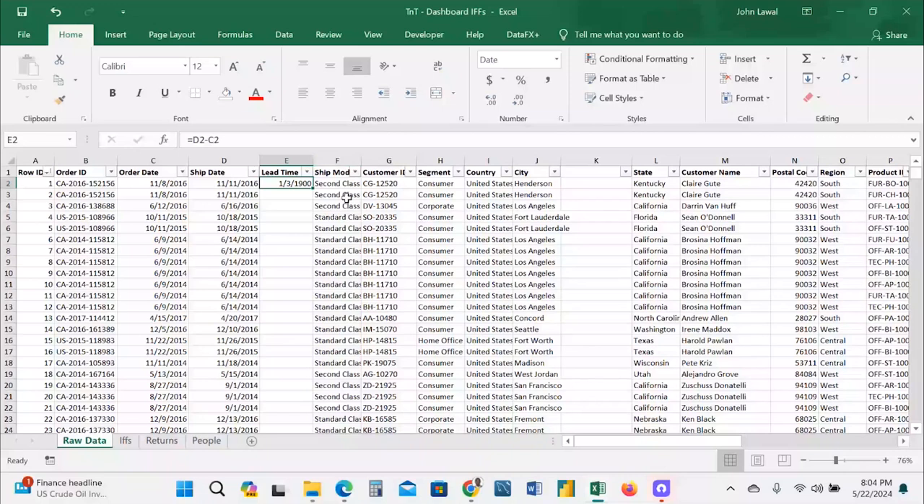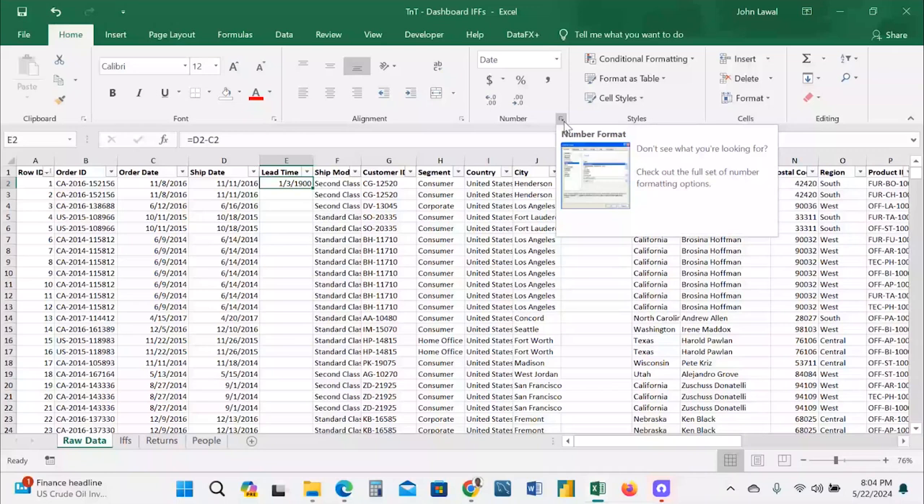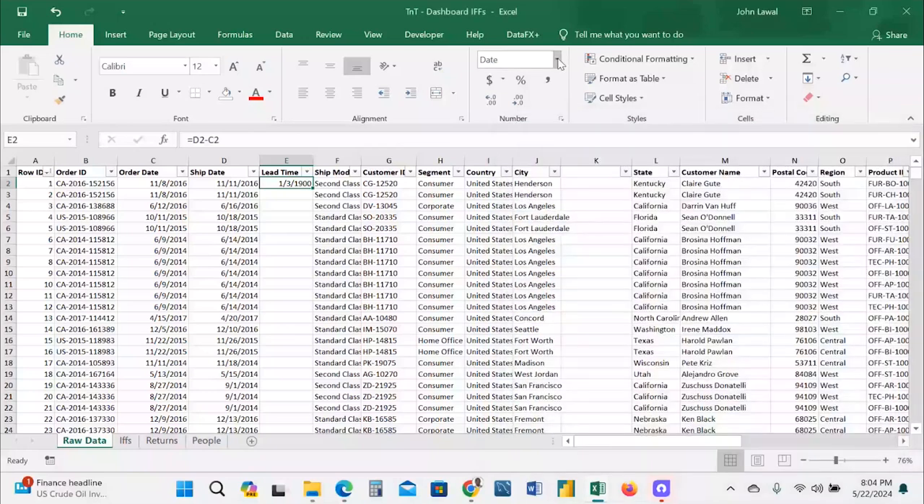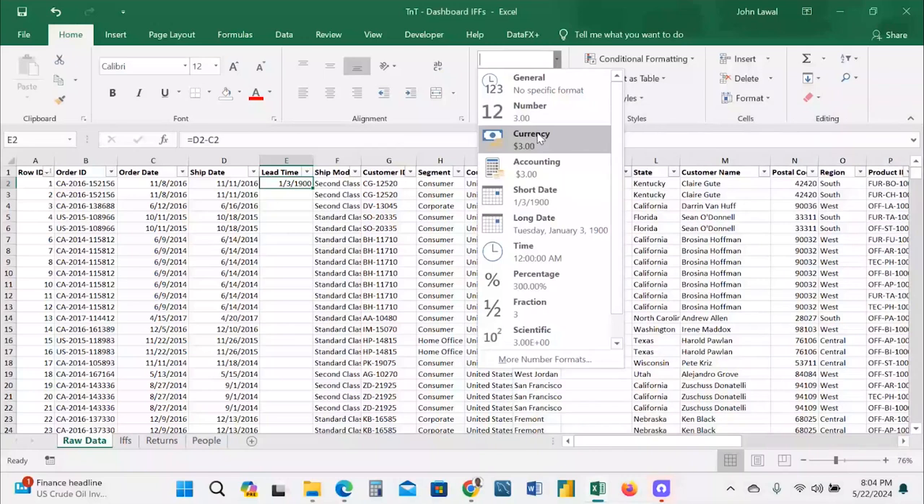So how do I change the data type of this column? And that's where we have this particular number segment, which is called the number. So without having to pull up all of this, you can just choose this drop down and see the basic ones that are here. We have the general, number, currency, accounting, short date, long date, time, percentage,